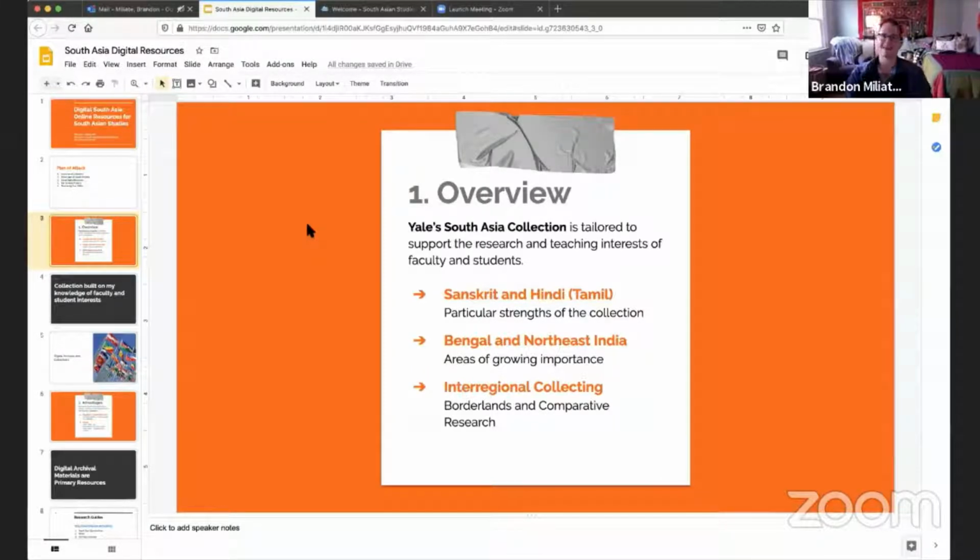That's meant that a lot of our niche collections, or the things that we're best known for, have been our Sanskrit collections and our Hindi language publications that we hold on site. We also have Tamil. Tamil used to be something that Yale was collecting heavily, because for a little while it was being taught. Now it hasn't been taught for a while, so as a result, we haven't been collecting as much in that, but you'll find that we have more materials in Tamil than you might expect, going back